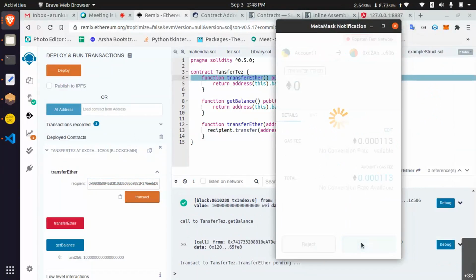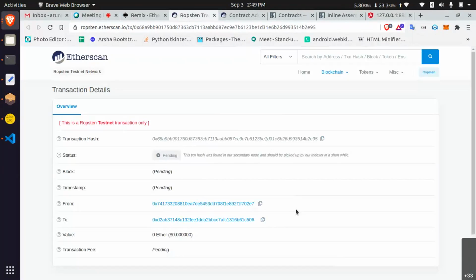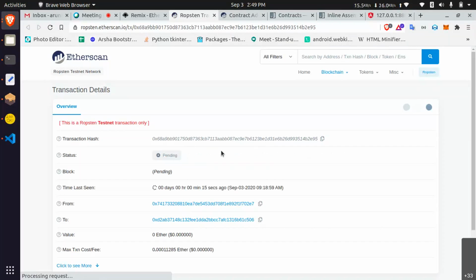You can see it shows the transaction has been found by our secondary node. That means some other node accepted our transaction. Then we still wait for the transaction to synchronize with every node, until it commits.